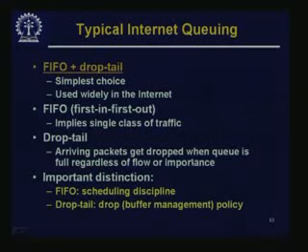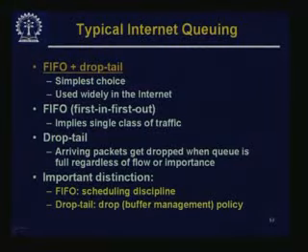Now, typically in internet queuing, we use FIFO plus drop tail. What is FIFO? FIFO is first in first out, of course. It is the simplest choice and used widely in the internet, and first in first out implies a single class of traffic, which essentially means that we have a single queue. So, whoever comes in first, if everything is going fine, would be serviced first. Okay. So, it is first in first out.